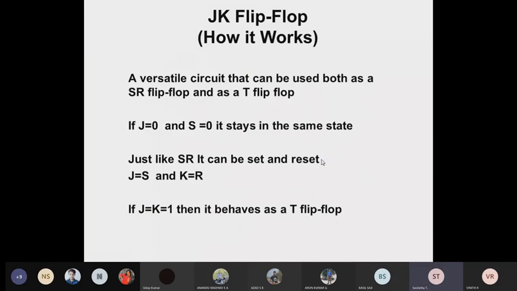So how will it work? It's similar to the T flip-flop only. Instead of using a single input as in the T flip-flop, we are going to use two different inputs. One is J, the other K. It can also be used as SR and T flip-flop; it's a versatile combination of your SR and T. If you use the J value as 0 as well as the K value as 0, it will rely on the current state value. Whatever the state value is, you will receive the same output value, as you know in the SR flip-flop,